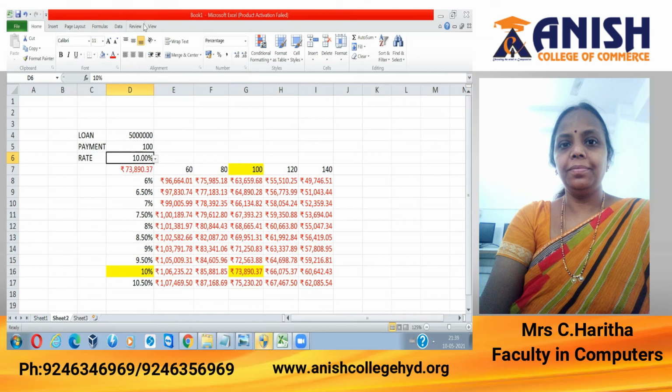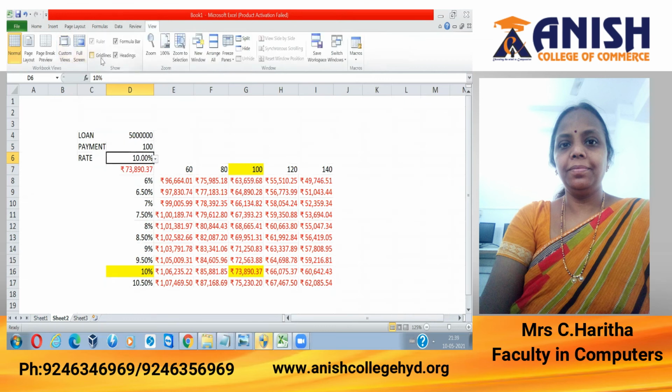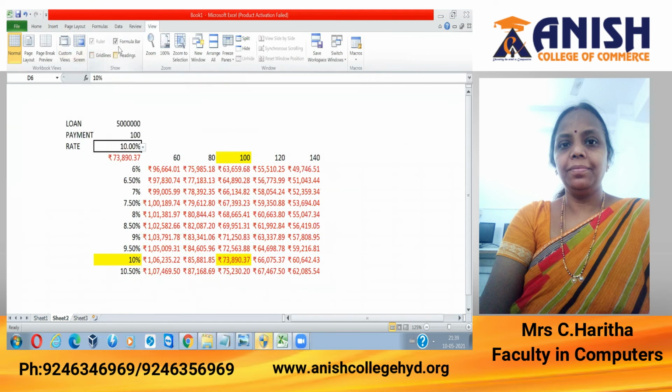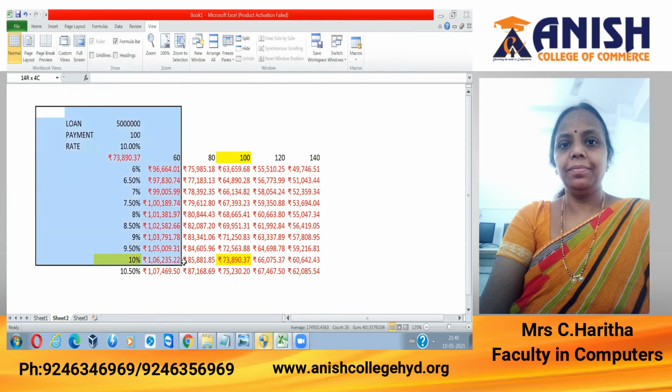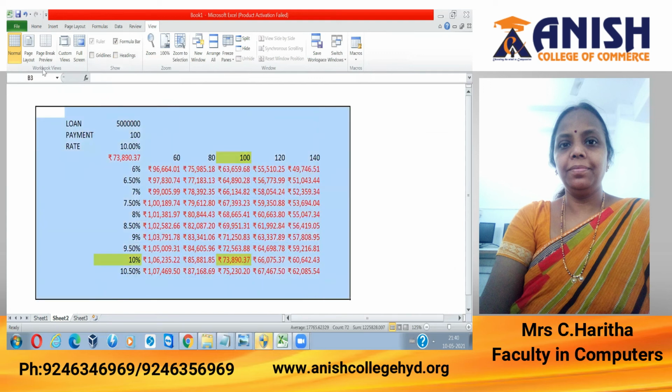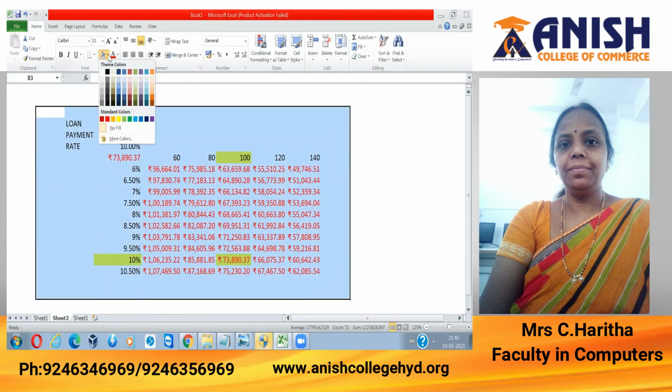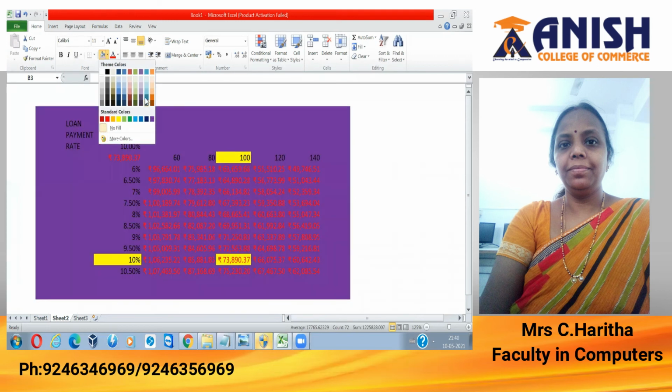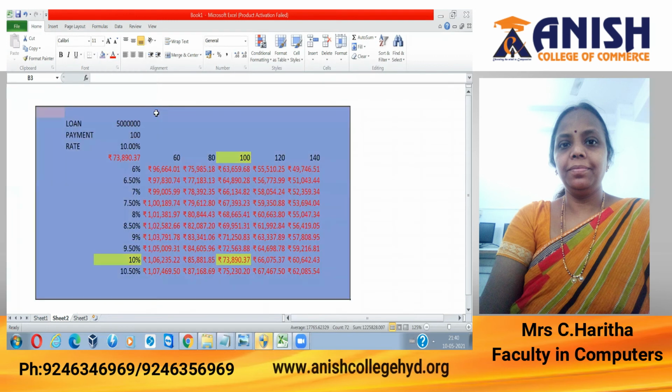We can make it more presentable. I'll remove all these things. I can make this one a little different with a different background color. We can give a heading over here, PMT function.